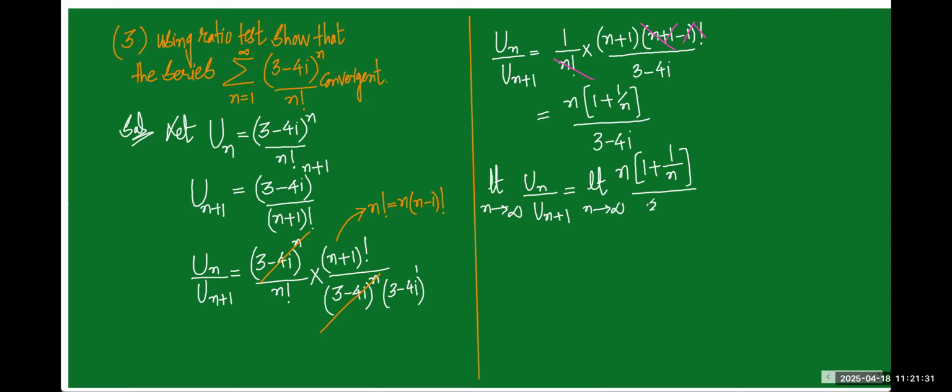by 3 minus 4i. So always we know as n tends to infinity, अगर infinity हो जा रहा तो infinity का साथ जो भी ऑपरेशन करेंगे आप, your answer must be infinity only. And we know that every infinity value is greater than 1. हो गया ना कन्वर्जन? Therefore by ratio test,